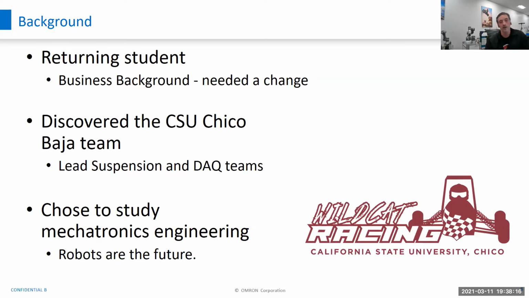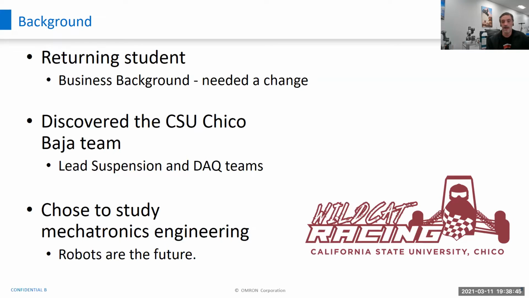What projects can you show me where you used your engineering knowledge and engineering design process to solve a problem? And so the team I joined was the Baja team. I led suspension for 2 years, and it wasn't anything related to mechatronics. In the last year, I did create a data acquisition team for the Baja car. We outfitted the car with all kinds of sensors, strain gauges, motion sensors, things like that, that would allow us to take data and validate our engineering design philosophy.